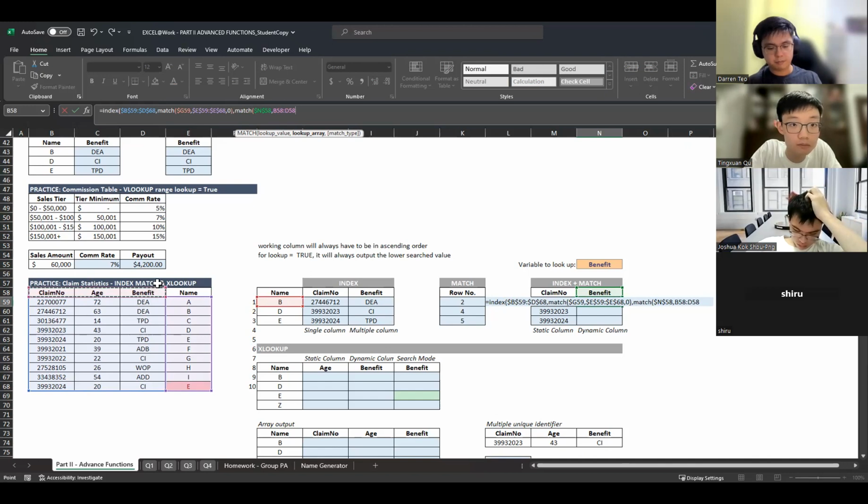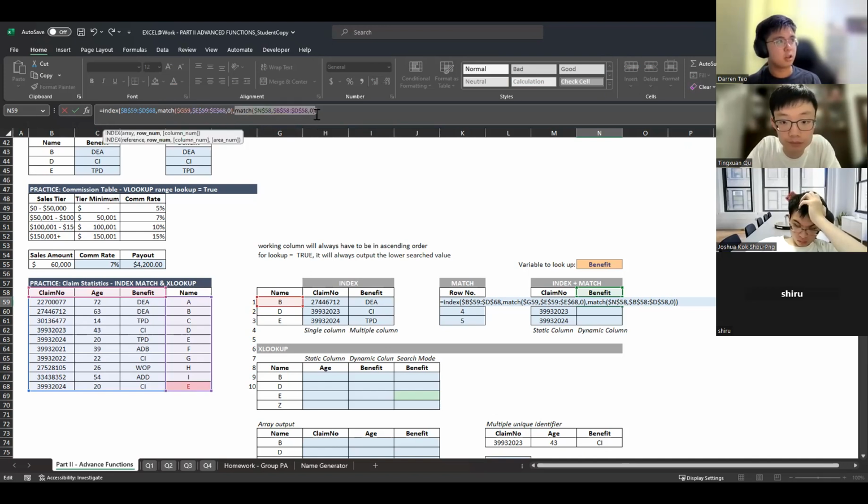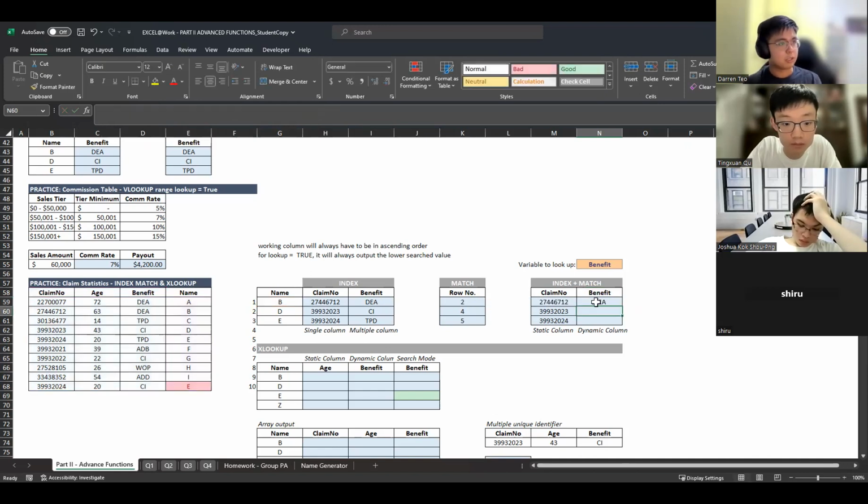This is the lookup value here, and then my match type is 0. So you see that I have done 2 match functions in one index formula. This is to make the row dynamic, and this is to make the columns dynamic.